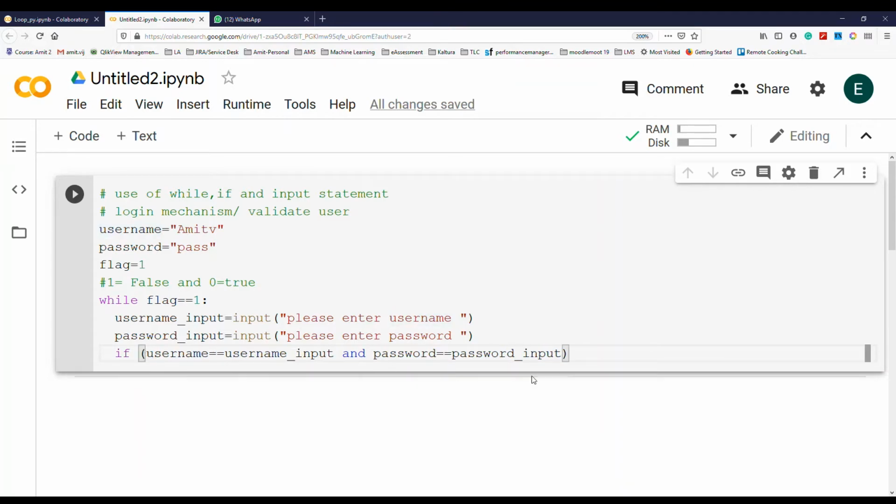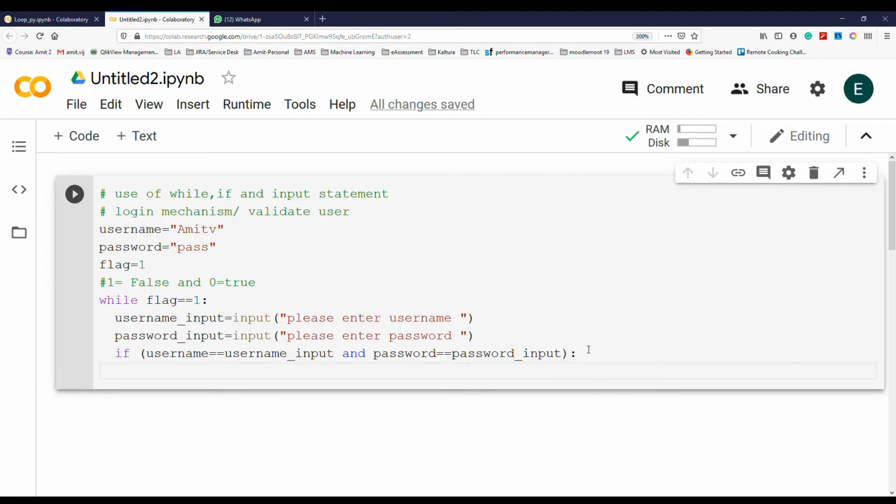Better to have the brackets on so we don't mix up. So in this if we are checking if the user input and our input matches. So we'll say print